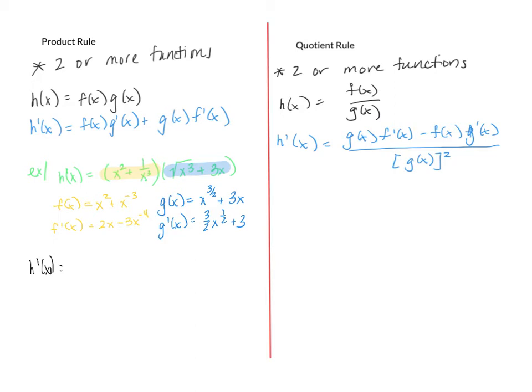So you'll notice we have f of x, so x squared plus x to the negative third, times g prime of x, so 3/2 x to the 1/2 plus 3, plus g of x, so x to the 3/2 plus 3x, times f prime of x, which is 2x minus 3x to the negative fourth. Okay. And finally, we're now going to simplify this equation, which again, many of you have heard me start to say,